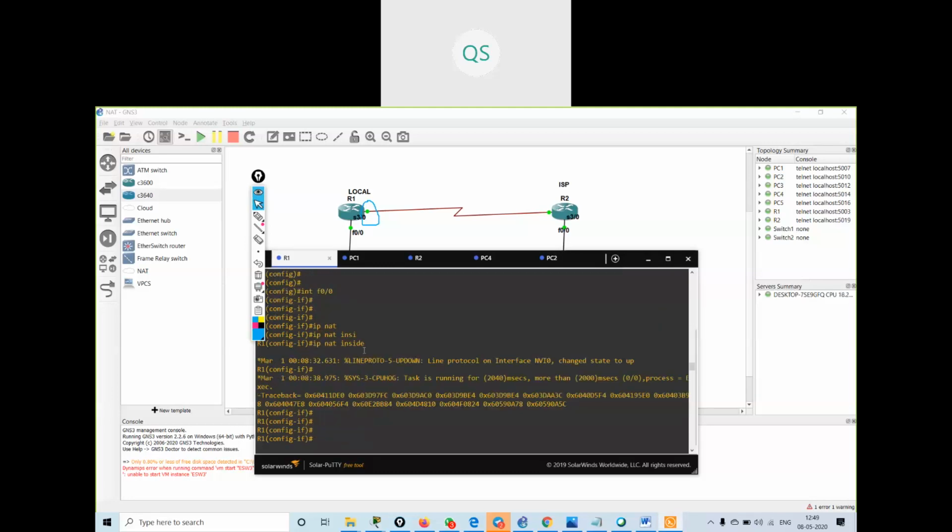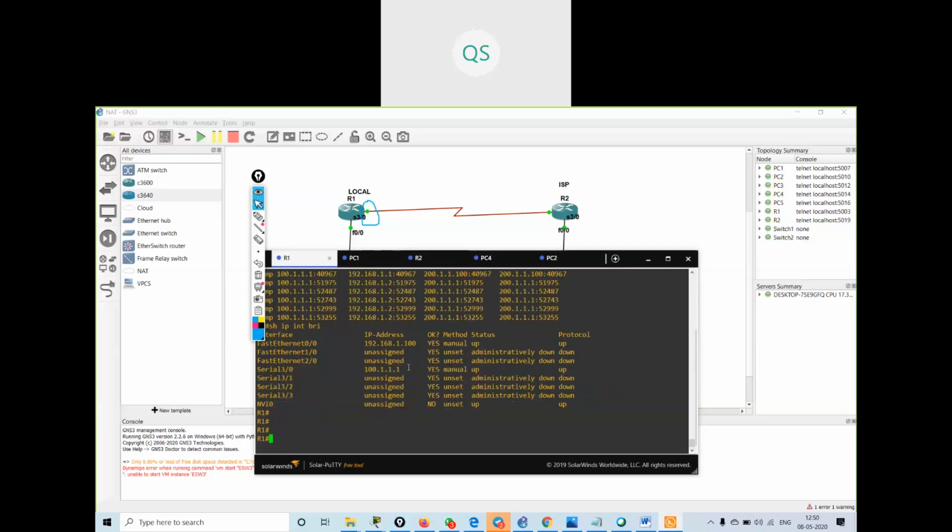See, interface NVI 0 is created. Understood? You can perform PAT in this way. You don't have to use any pool of IP addresses. You can use the link's interface IP address as your public IP address. Understood?